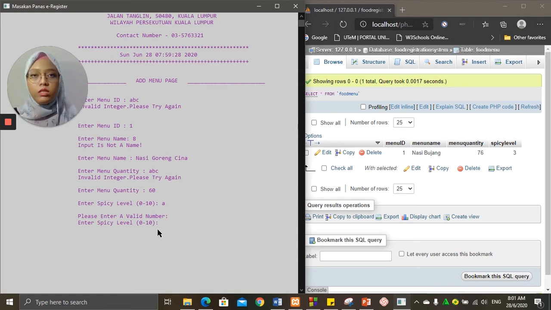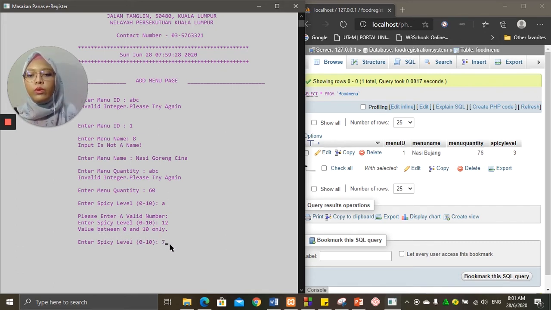So what if the user enters a number which is not in the range between 0 and 10, such as 12? The system will notify the user that the value must be between 0 and 10 only. So we put 7 for the spicy level of nasi goreng Cina.